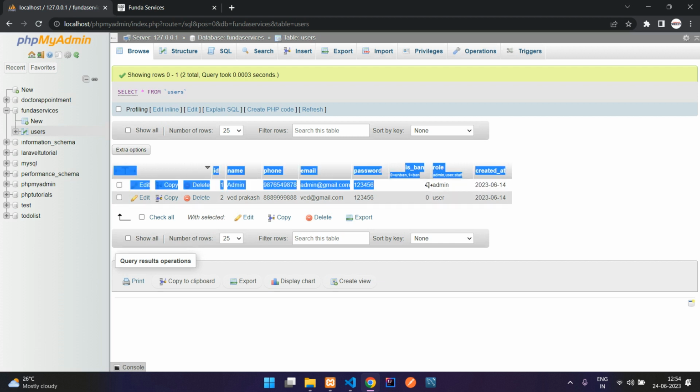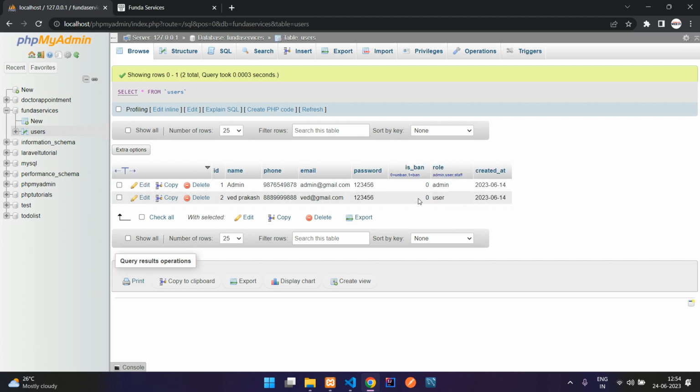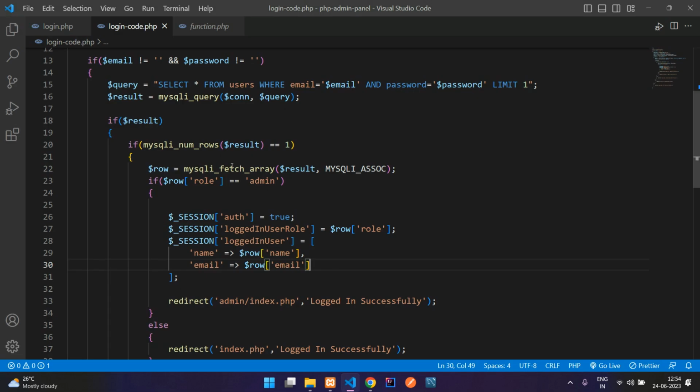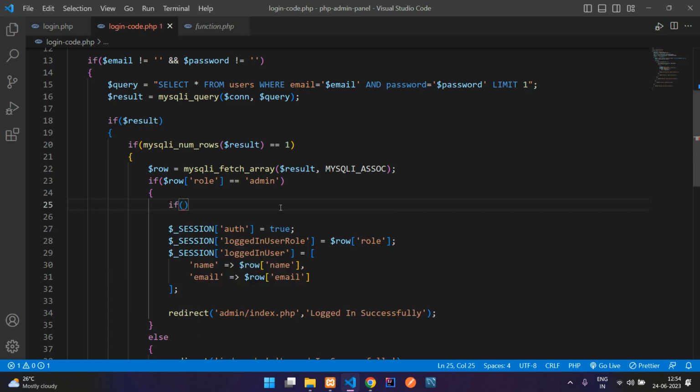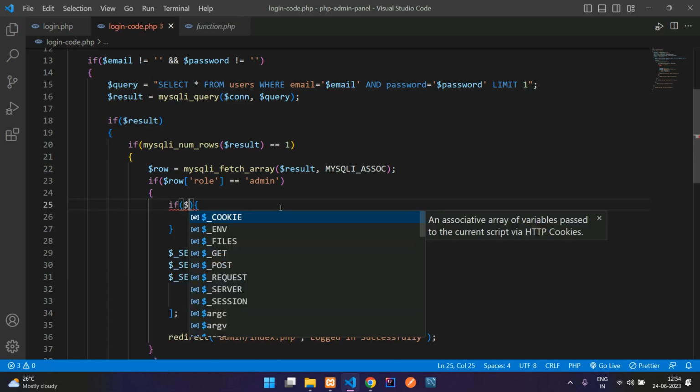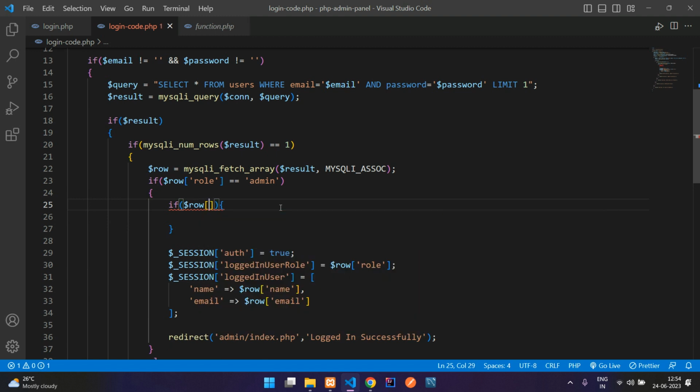So if the user's ban is true, then he should not be able to log in. Let us add an if condition like $row of is_ban is double equal to 1. If it is 1, I mean the ban is true, then you're going to redirect him